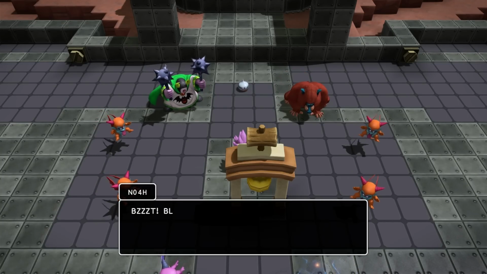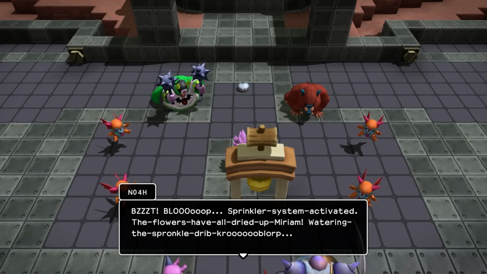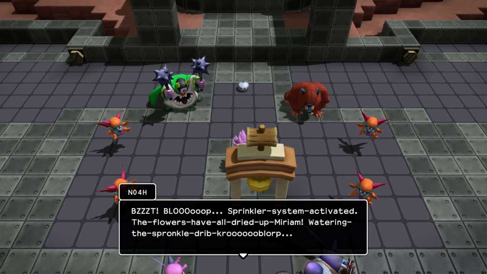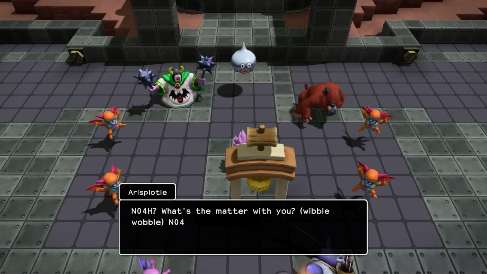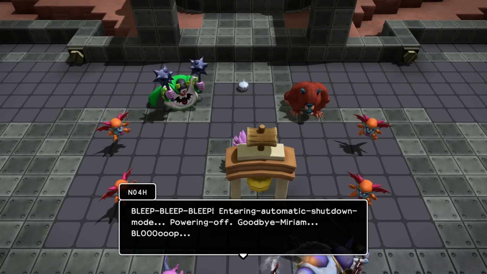Why are you buzzing so much? Sprinkler system activated. The flowers have all dried up. Miriam watering the sprinkled... What? Is this like his past life? It was probably like his previous owner had a wife named Miriam, and oh...